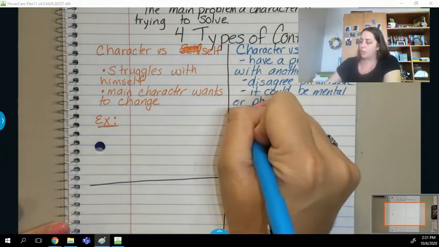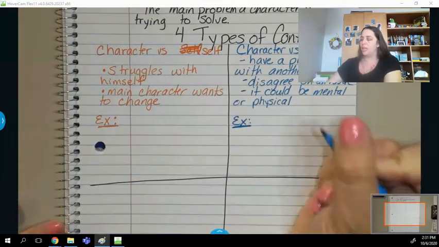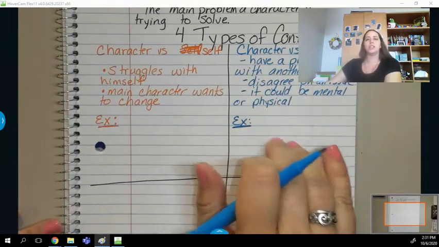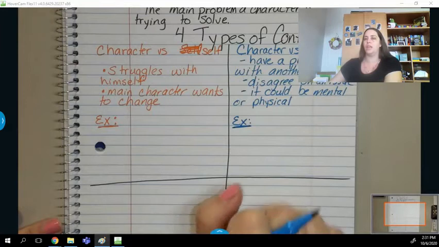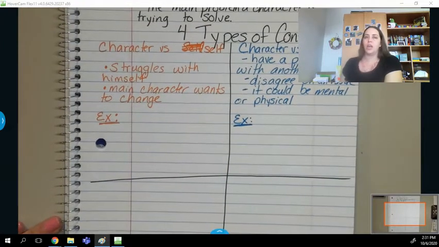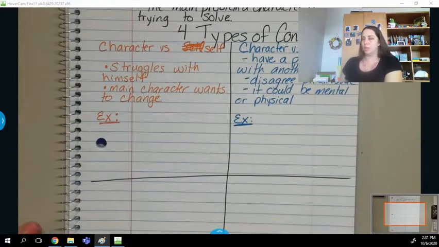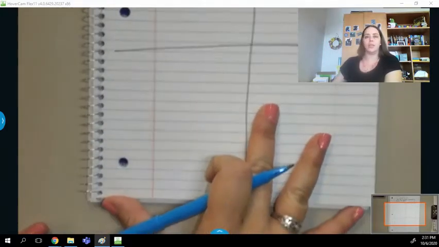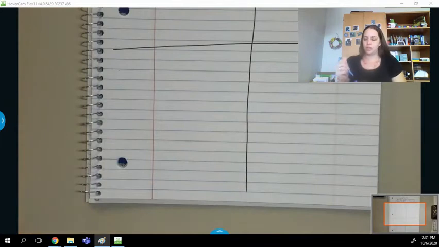Again, you're going to have to come up with some examples. Think about Among the Hidden. Are there any character versus character conflicts in Among the Hidden? So think about that, and then when you're in your next class with your teacher, hopefully they will help you come up with some examples for that, or you can give them examples for that. All right, so our next line is going to be